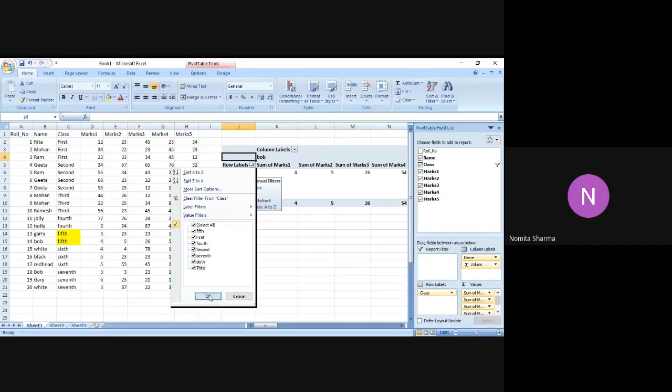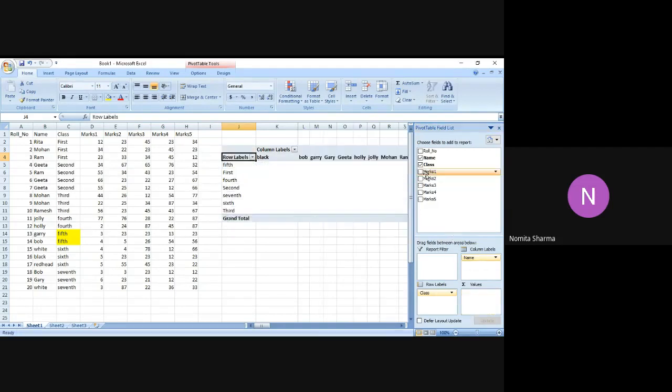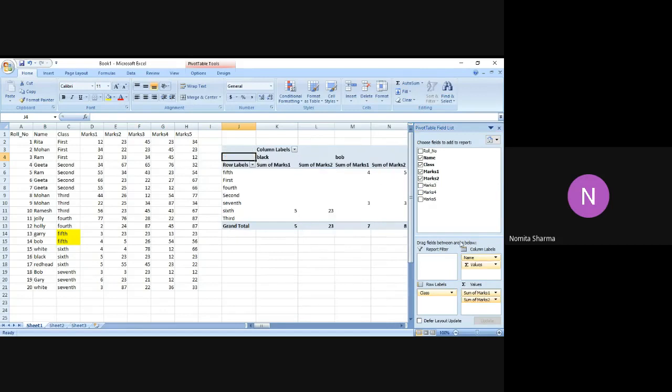So if I just do that, okay, I got this. So I have this class, and values are there also, but I don't want values to be there. So if I simply drag marks here, you will see marks are now coming for the individual sections, and they're coming column wise, if you notice. So if I select marks accordingly, this will give me the section in that.